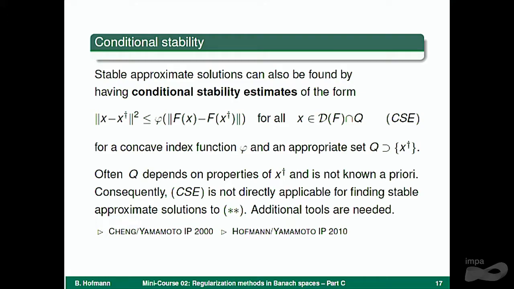Now what is different with respect to conditional stability? The first part we all know, and we can skip here. But conditional stability, if you have a look at this, looks very, very similar to the variational source condition. What is missing is the difference of the penalties. Here it is written only for simplicity in the Hilbert space situation, but very general,